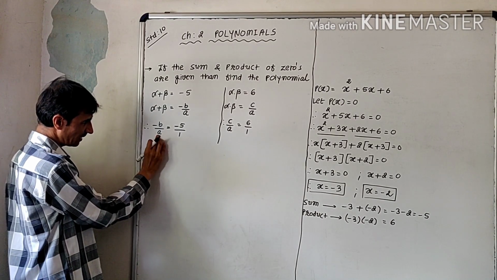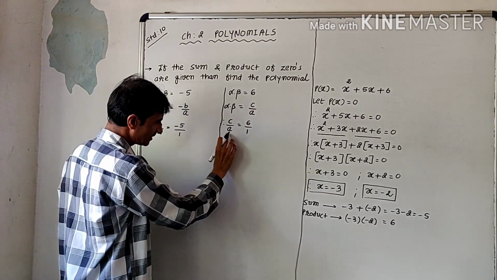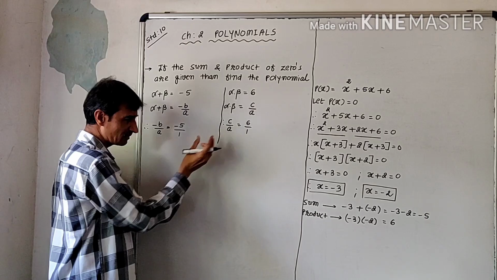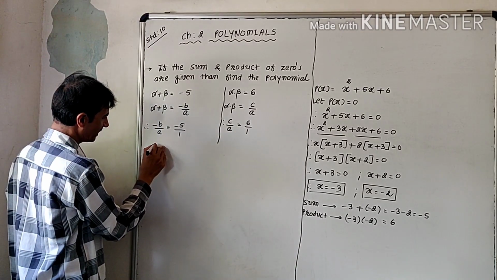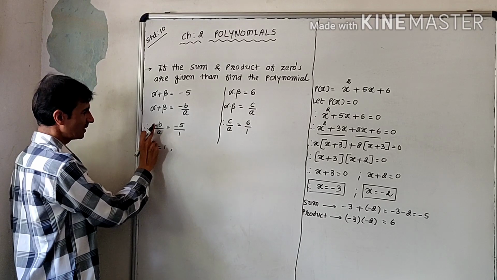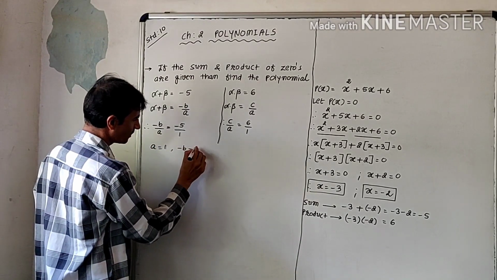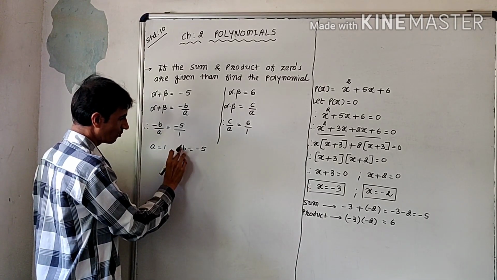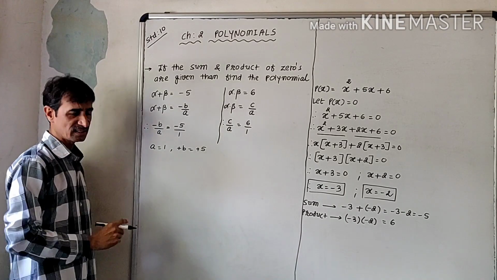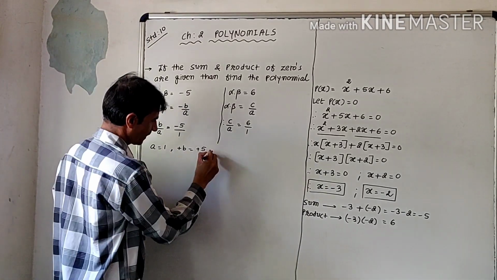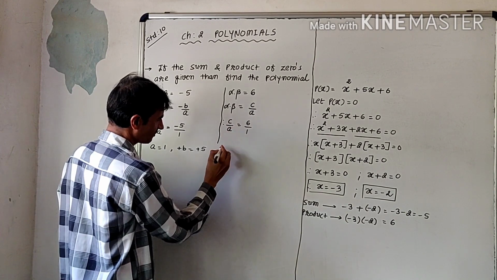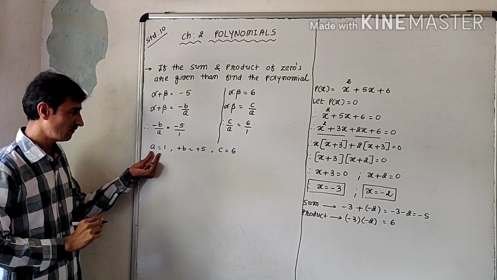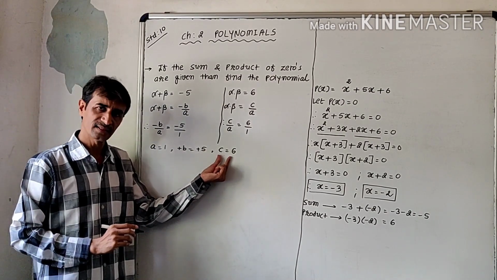In this case I have a is equal to 1. In both cases the a will be same, then I can directly write down here a is equal to 1. Now here minus b is equal to minus 5, but I don't want the minus b, that means I can go for the plus and plus. So we can say here b is equal to 5. And what about the c? You can see here c is equal to 6. That means I have all that 3: a 1, b 5 and c 6.